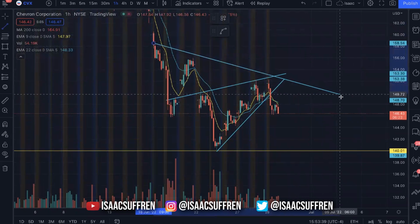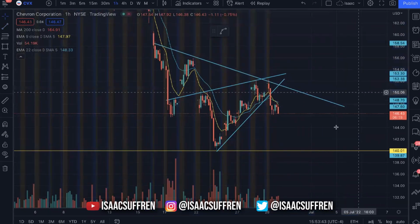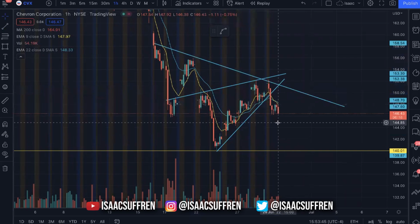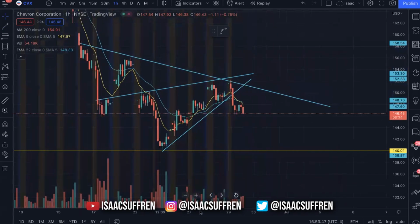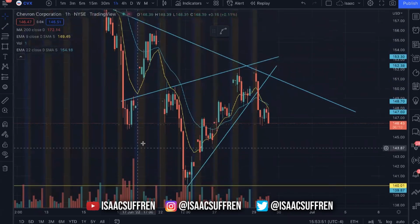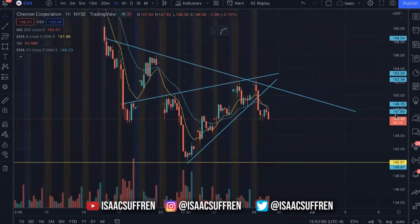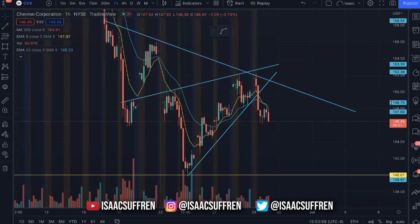Check this out right here. We also have a trend line, right? And you can see CVX is still dropping right now, because the market's still open while I'm going over this breakdown, right? So right here we have a rising wedge and we also have a trend line. I always want multiple reasons to get into plays. So check this out. Not only do we have a rising wedge, we wait on that to break. That's awesome. We have a trend line resistance,